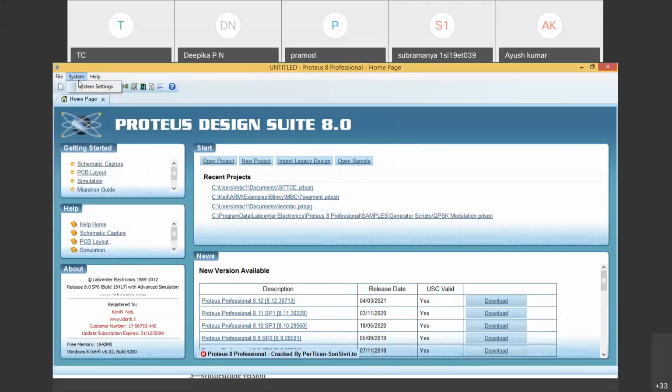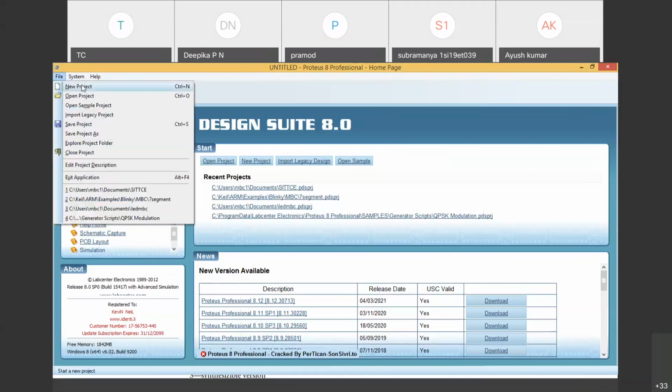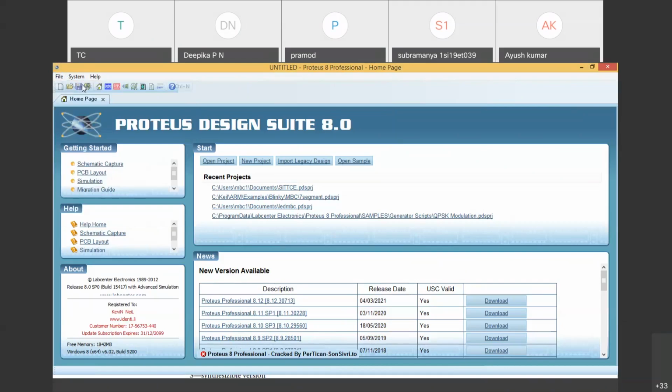Please remember this. Initializing the project wizard will take some time depending on your processor speed; on higher-end processors it comes quickly.